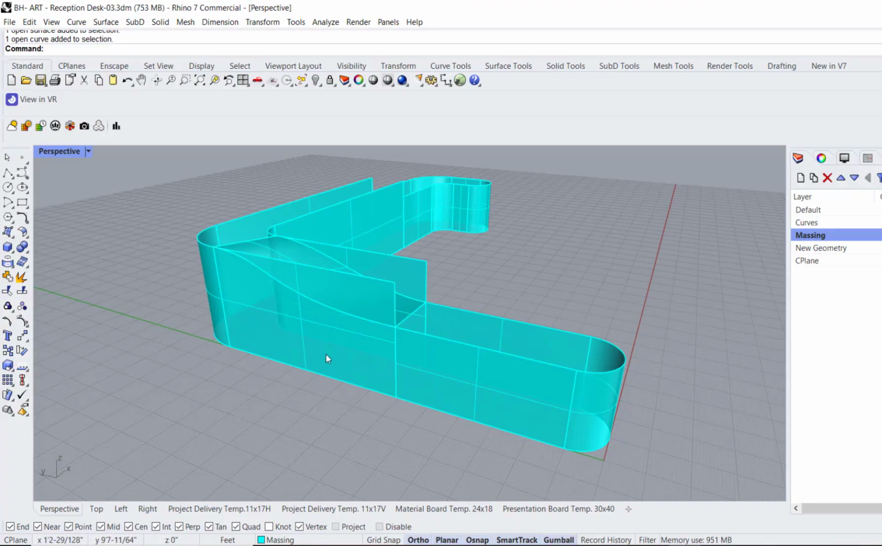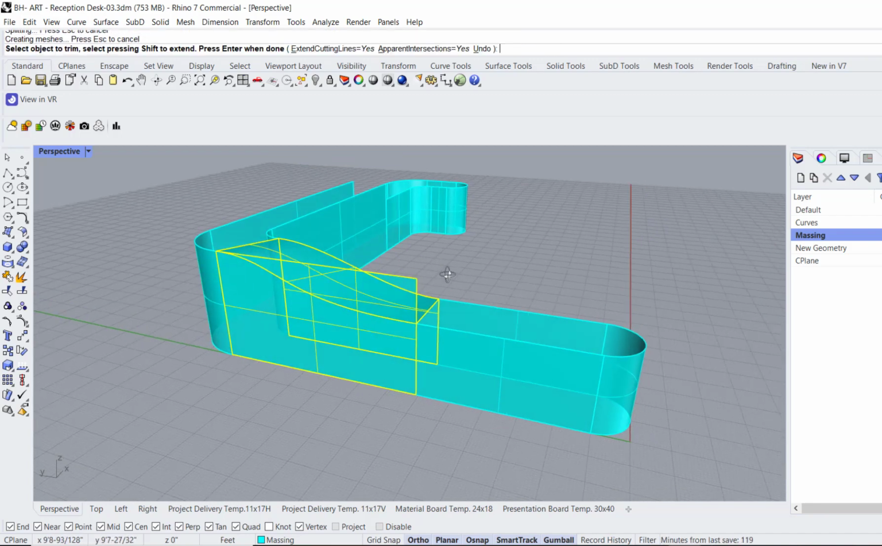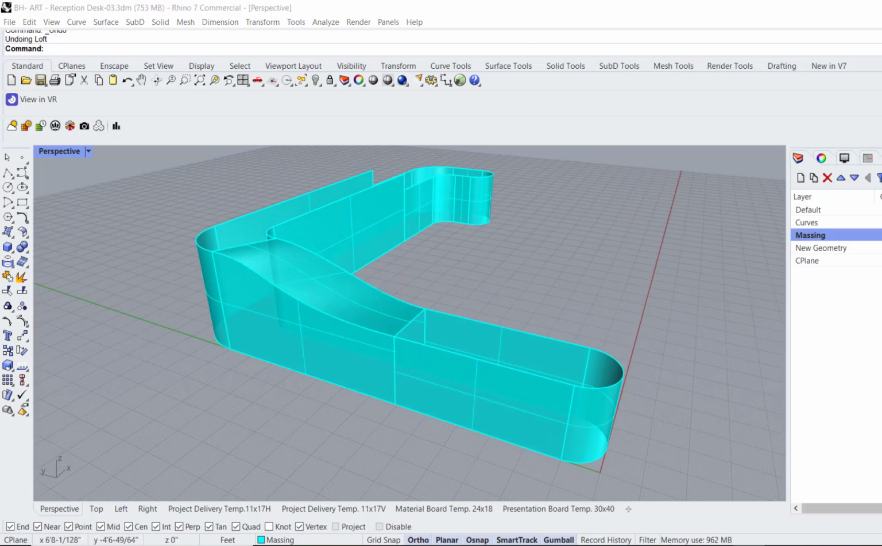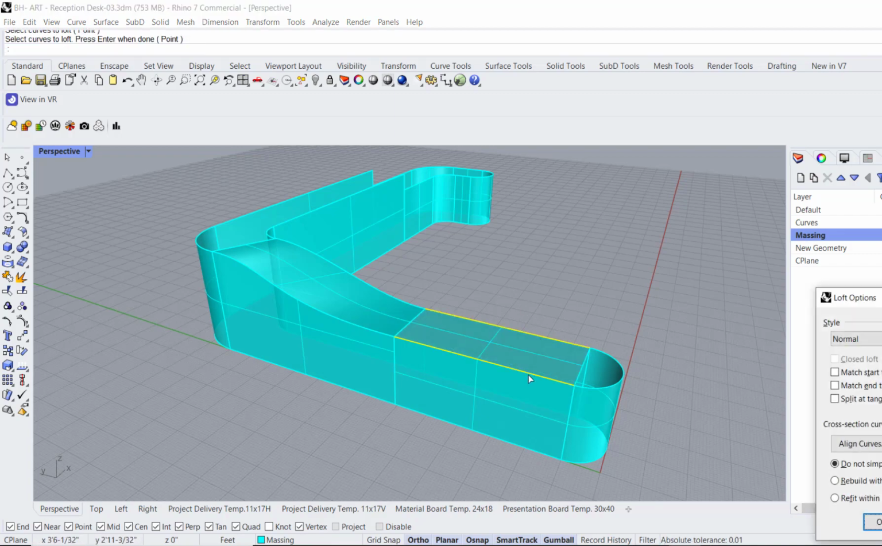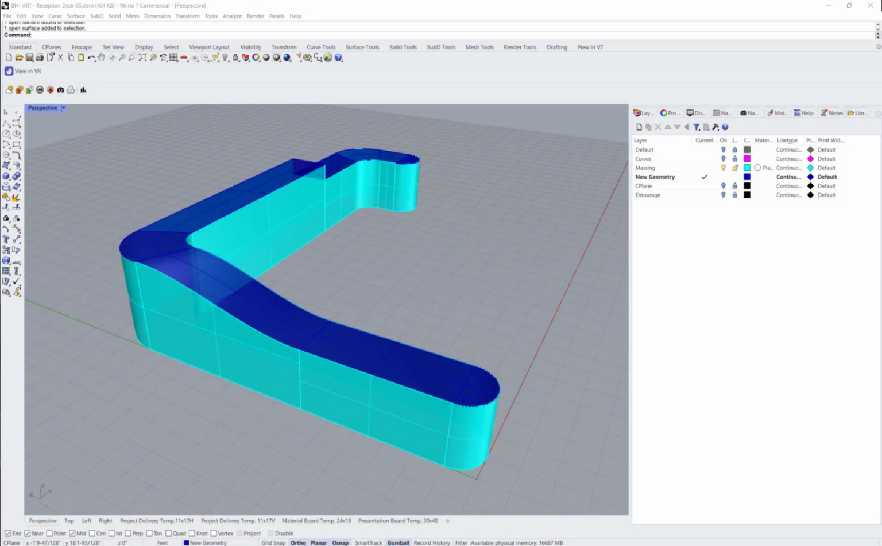And then trim the extrusions with the loft to start sculpting the reception desk. So in the command bar, type in trim and then select the edges that you no longer want to remain. We can continue to build out the rest of the reception desk counters by lofting. Now that we're done lofting the rest of the countertops and have assigned the newly generated surfaces to the correct